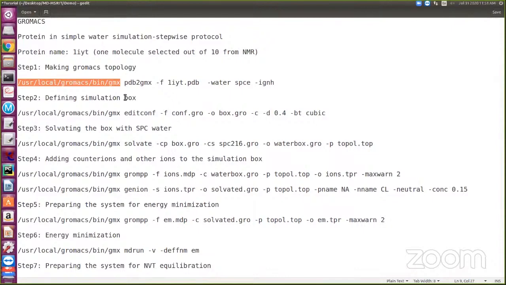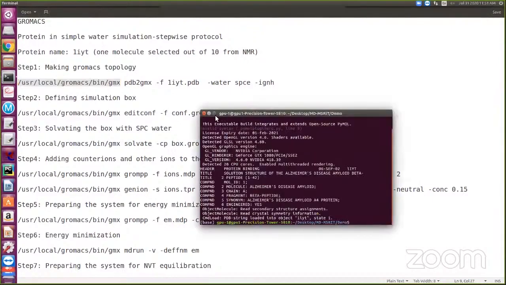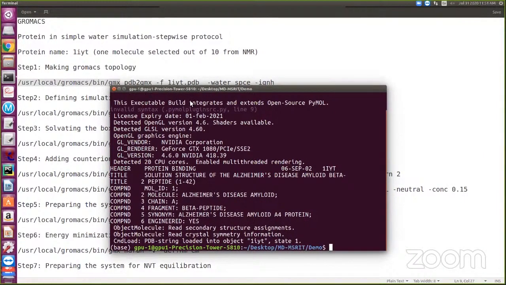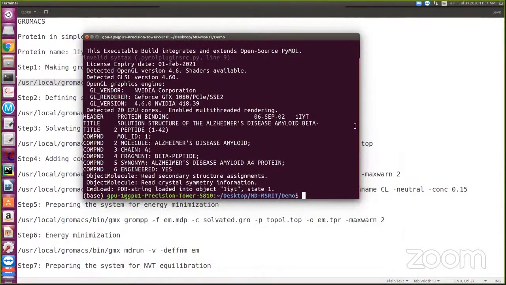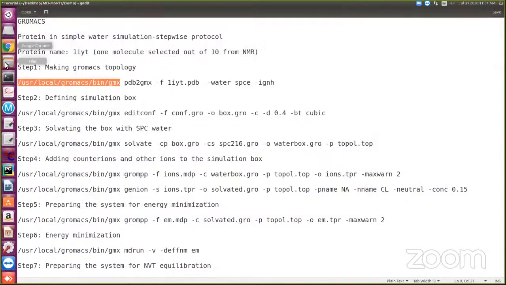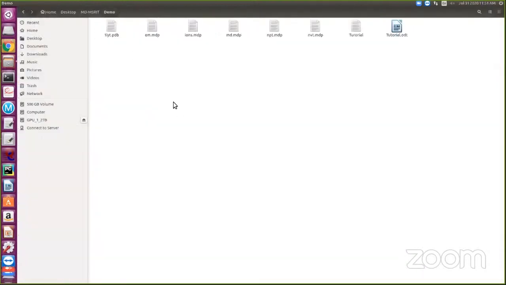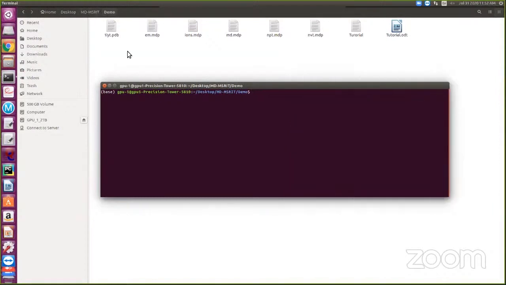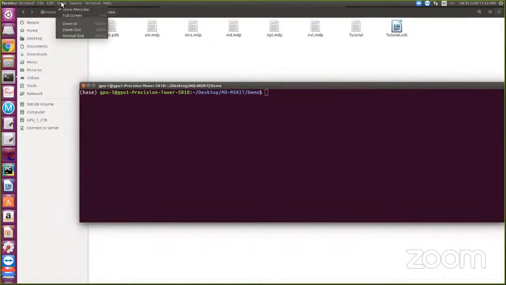If I copy that, I'll go to this place. In this demo folder, right click, open in terminal. I'll increase the font size, because otherwise it won't be visible. Zoom in, one more time.